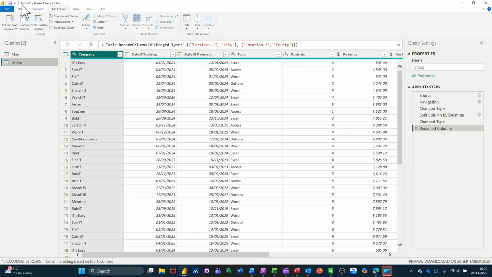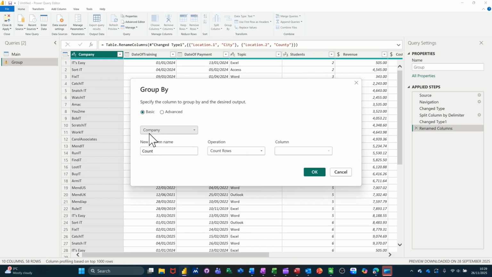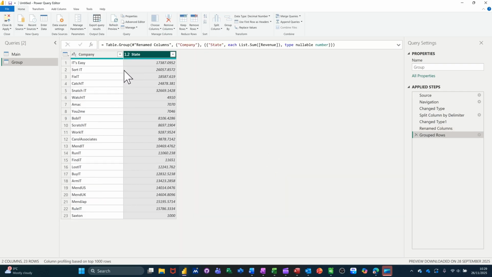So I'll go back to Home because that is on Home as well as other places. But you can group next to split column. You've got group by. If I click that, it will open up group by. So I can group by company because I've got that highlighted. I'll just call that state for now, and I want it to sum the revenue. So sum the revenue. So revenue by company, click OK, and then it should just show me that. So each company and the revenue for the company. So there won't be a duplicate company in there. It's grouping by companies and showing me that. Going back to the main one,